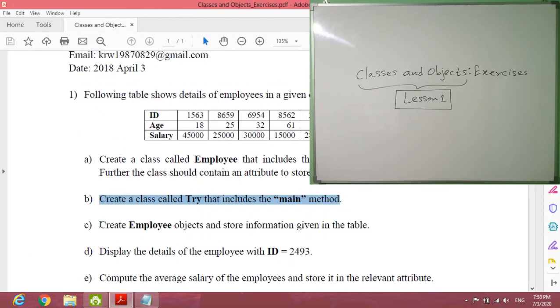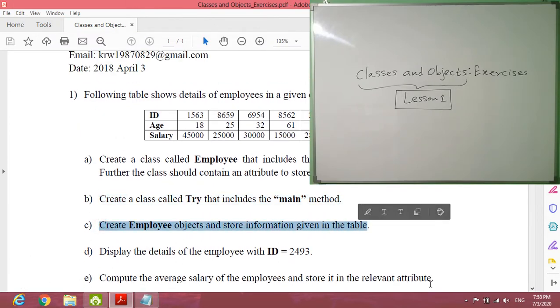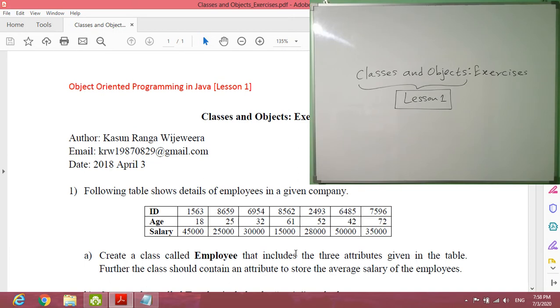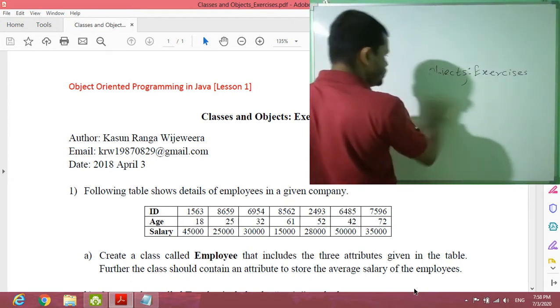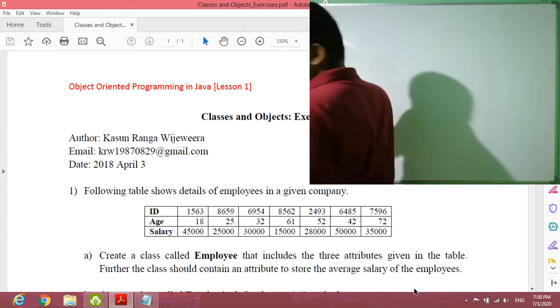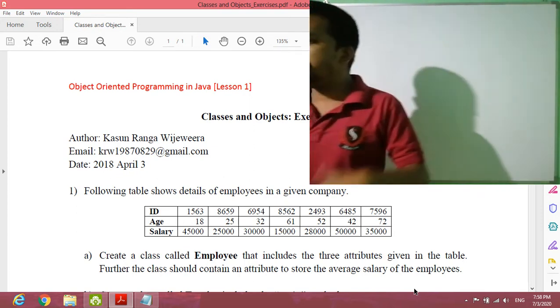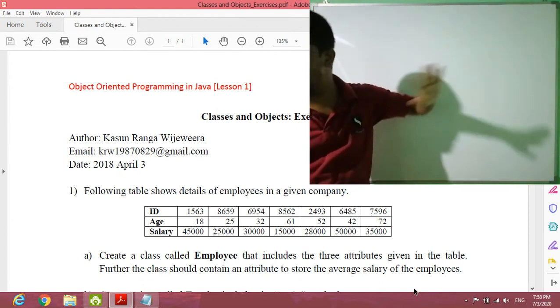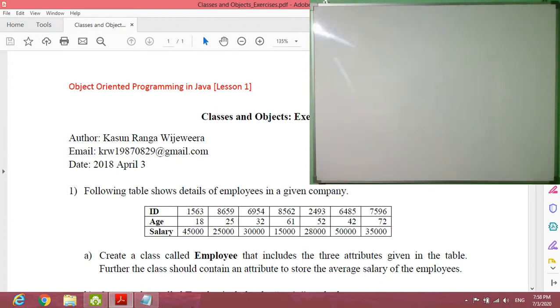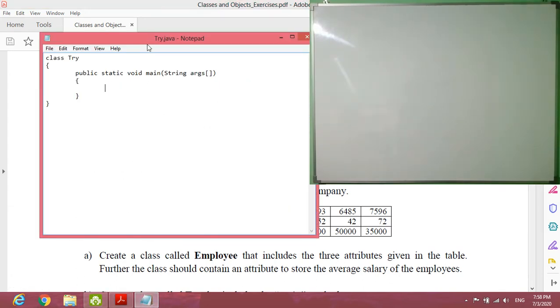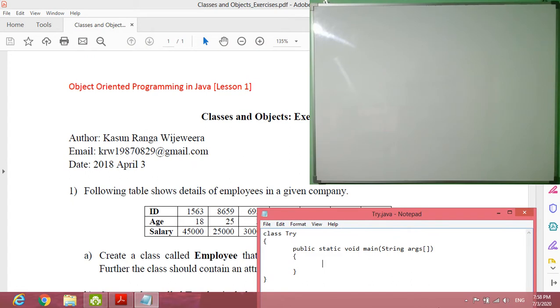Let's look at the third part, C. Create employee objects and store the information given in the table. Now we have to create 1, 2, 3, 4, 5, 6, 7 objects, so 7 objects we have to create. Now we have discussed where reference variables are stored and where objects are stored. Before that, now let's